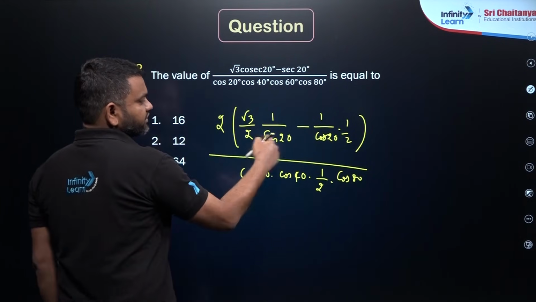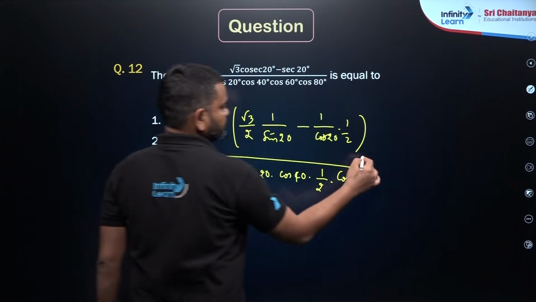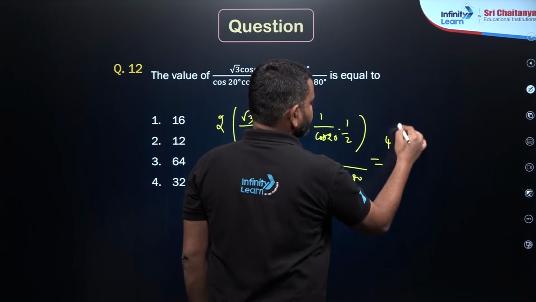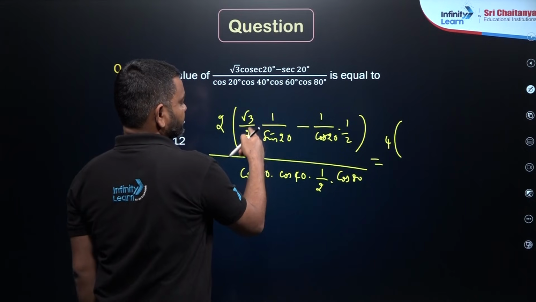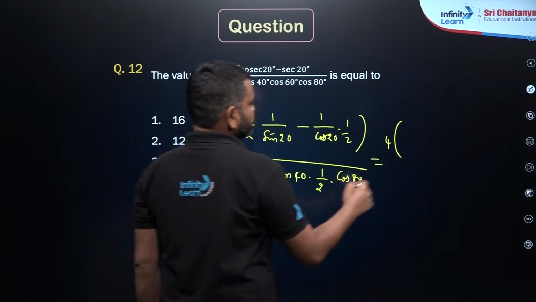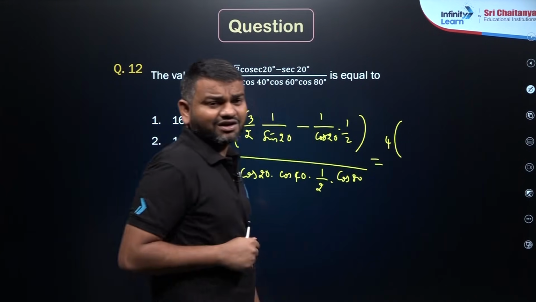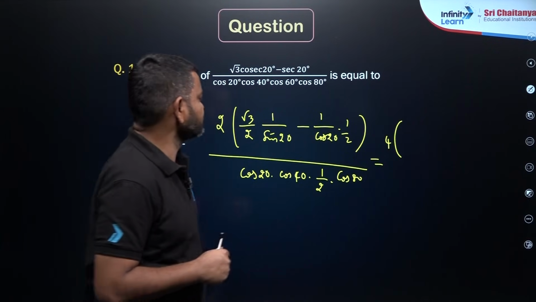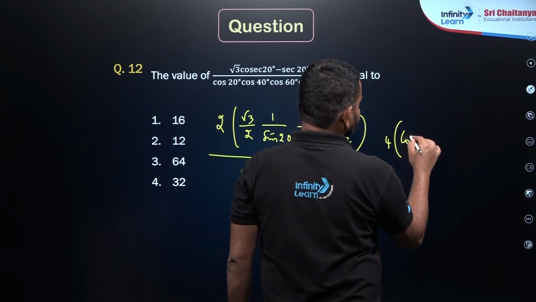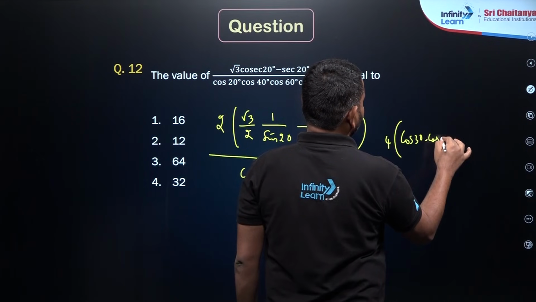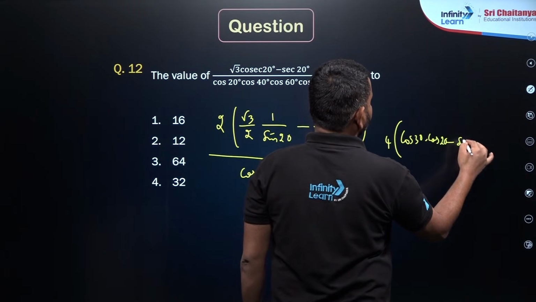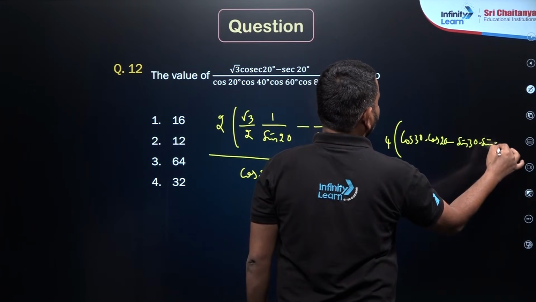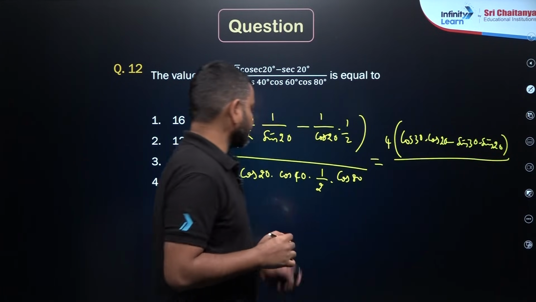So do the LCM here, this is going to be 2 is already going up, and here I am going to get root 3 by 2 cos 20 is there. So root 3 by 2 in cos is going to be what? Cos 30, right? So cos 30 into cos 20 minus sin 30 into sin 20 divided by,